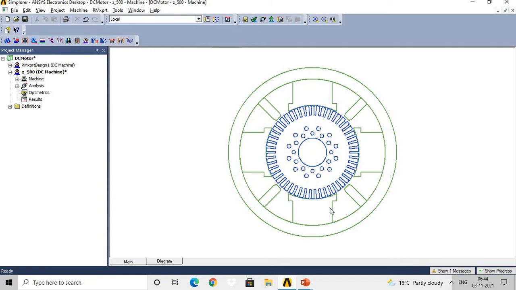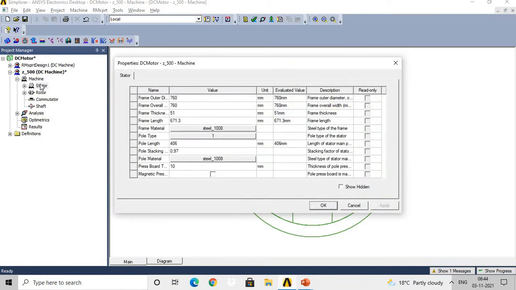Then the next point is when we click on this machine plus button, then it will show the sub menus of the machine like stator, rotor, commutator, shaft, etc. So when we double click on the stator, then it will ask for the inputs related to the stator design.